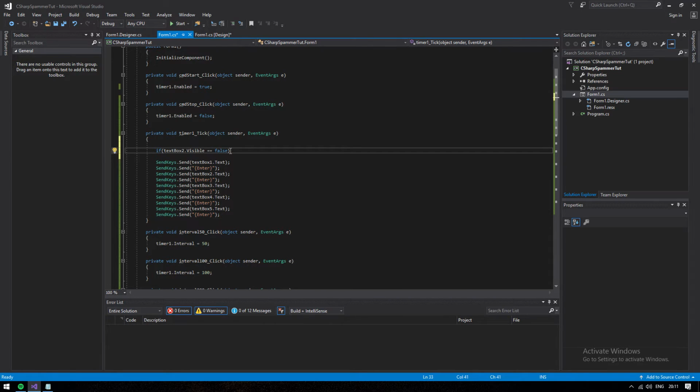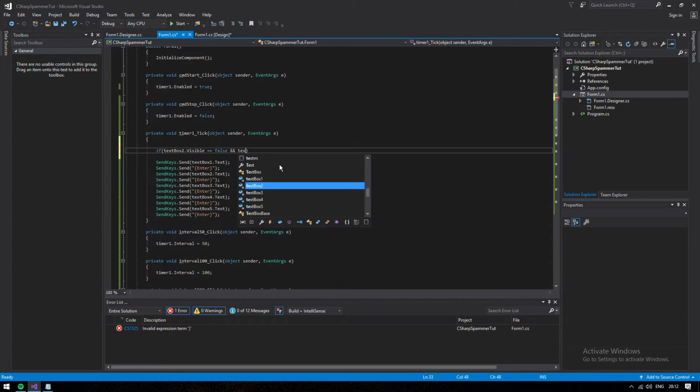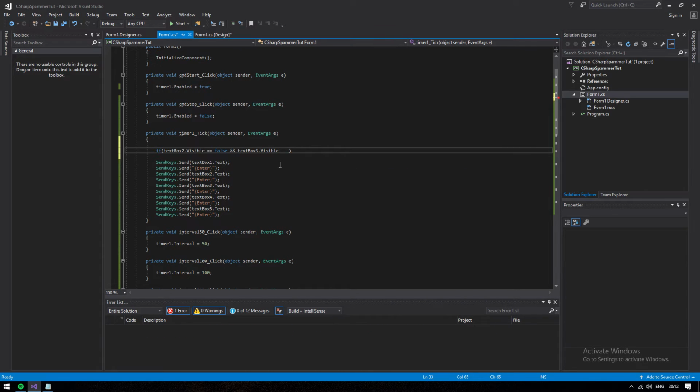We're not defining that it is equal to something, just checking if it is. So if text box 2 dot visible is false, and, like with the 2 ampersands, text box 3 dot visible is equal to false, and then we're